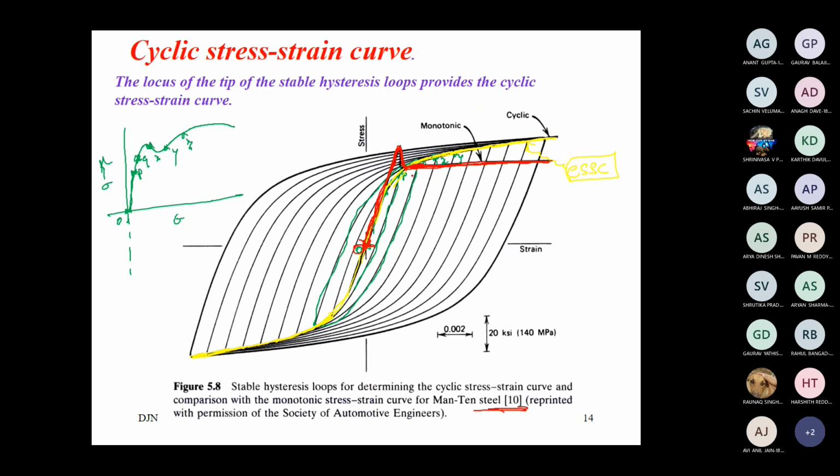For instance, you take the same material, different samples, load one to some extent, and unload it till you get the stable hysteresis loop. Once you have the stable hysteresis loop, you can retire that component, take one more sample, load it to some more magnitude, and from there release and obtain the hysteresis loop for that. Like this, multiple hysteresis loops should be obtained, and then the tips of the hysteresis loops should be connected starting from the origin. That curve is known as the cyclic stress strain diagram.